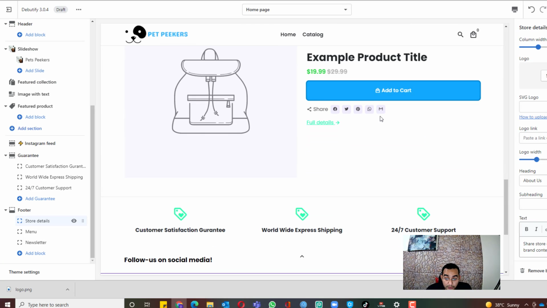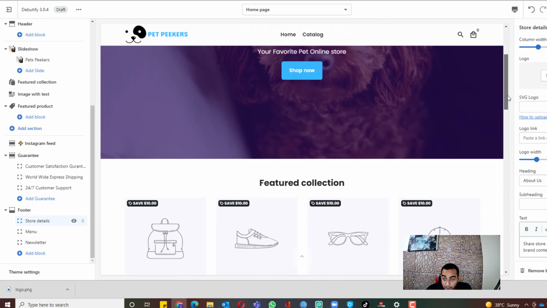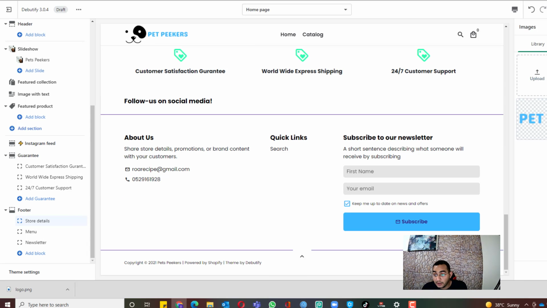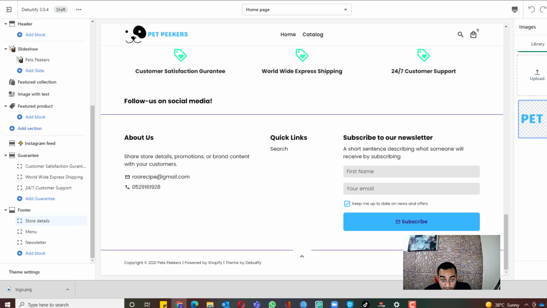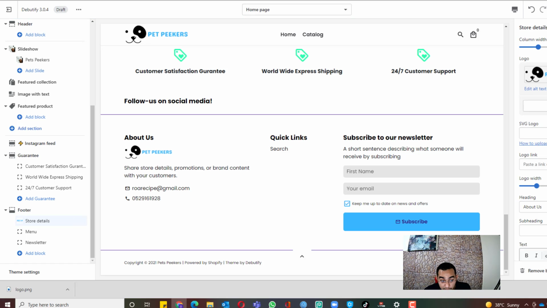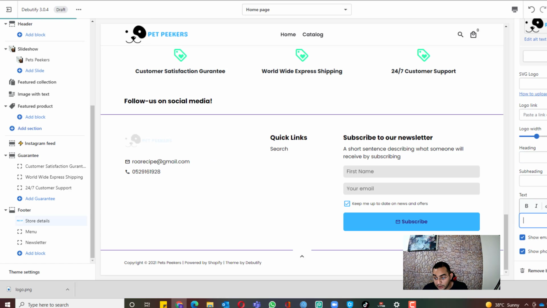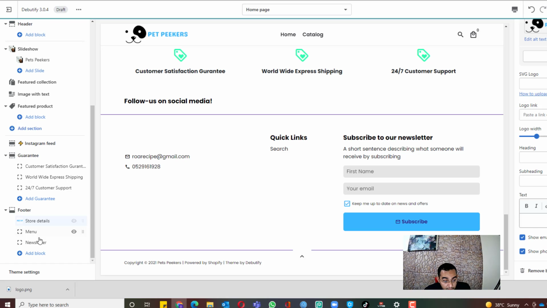All right, so the homepage is fine for now. We can edit the footer a little bit more. We can add in your logo for a branded look. I like to do this in all my stores. Remove about us, just keep the logo in there. All right, have an email, mobile number. It's good to have. We can also actually